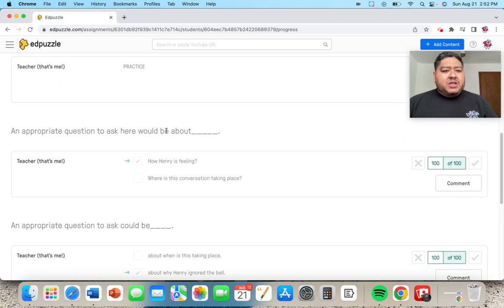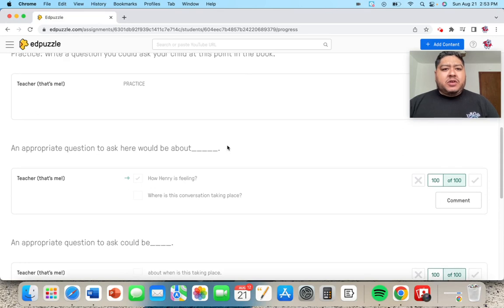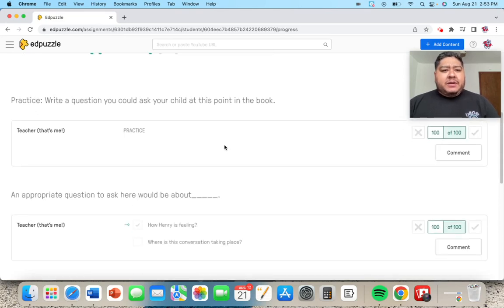I have a combination of multiple choice and open-ended questions, and I think that would give me really good data on what I'm trying to assess, or the learning objective that I'm trying to assess. Accessibility issues would just be for parents who do not have an internet connection at home. But Edpuzzle works great on tablets and phones, and so I hope that wouldn't be such a big issue. That might be the only one that they would encounter.